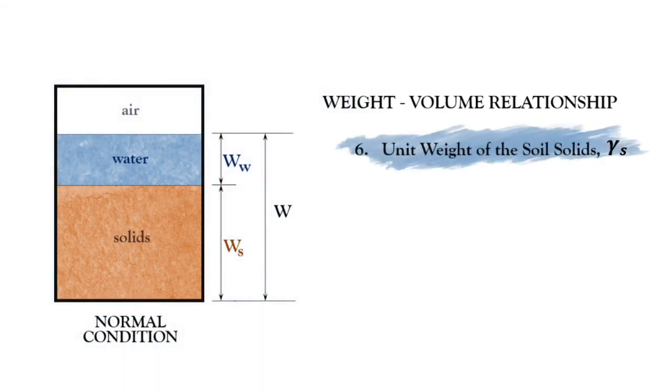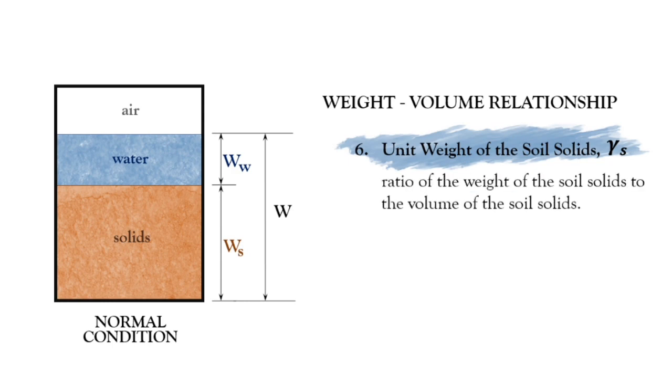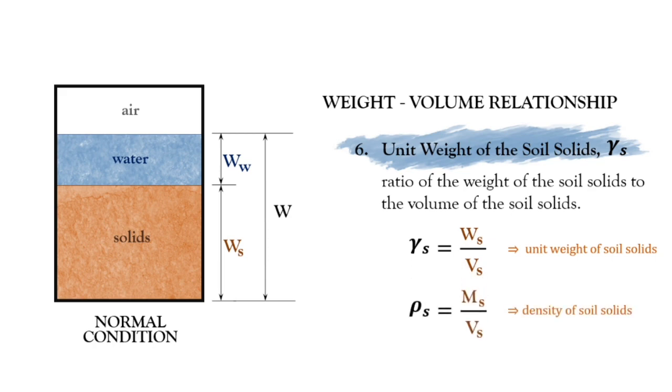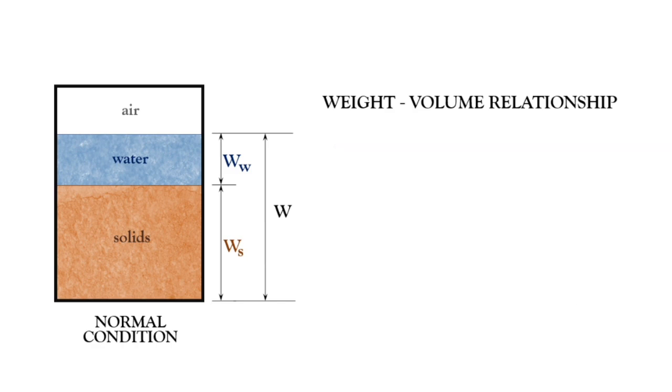So, ang definition natin dito is the ratio of the weight of the soil solids to the volume of the soil solids. So, that is gamma S is equals to WS all over VS. O pwede ka rin namang gumamit ulit ng density. So, walang problema yan. So, para sa number 7, halos magkakamukha lang naman yung formula natin ng unit weight kasi